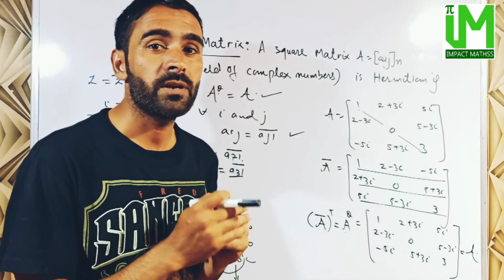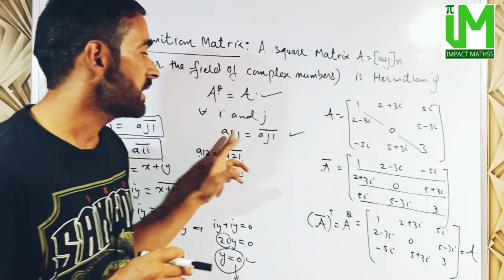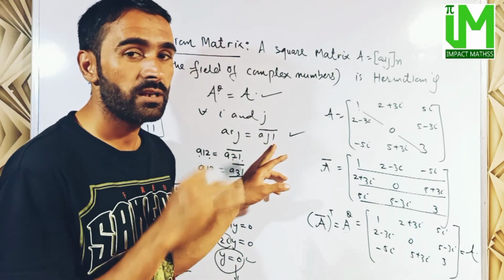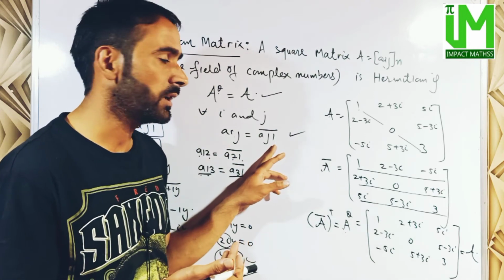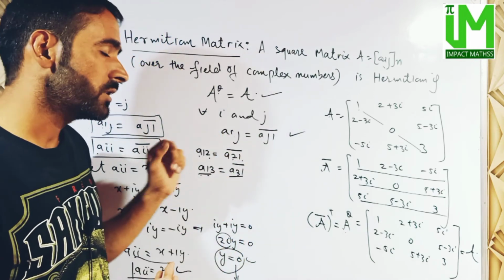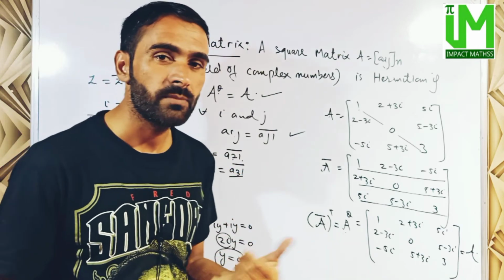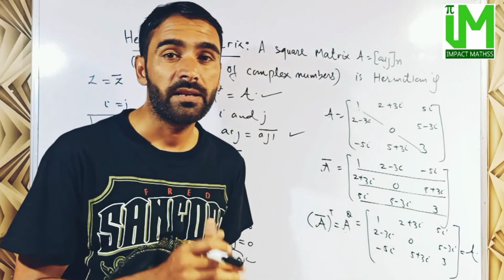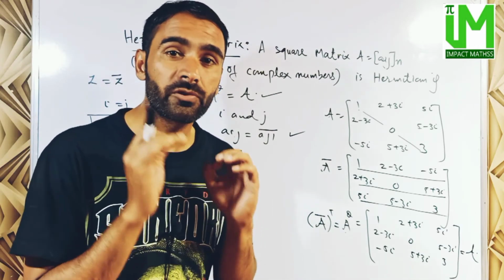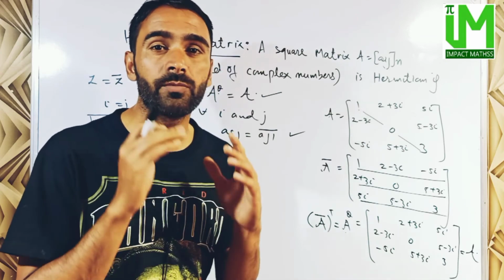So a square matrix is said to be Hermitian matrix if A conjugate transpose equals A, और इस केस में हमारे पास non diagonal entries के लिए we have aij is equal to aji bar, यानी conjugate complex के बराबर होता है, और diagonal entries के लिए they have to be all real numbers, the diagonal entries have to be all real numbers।